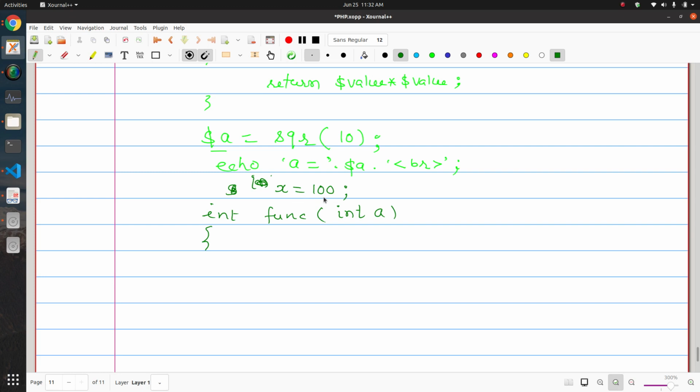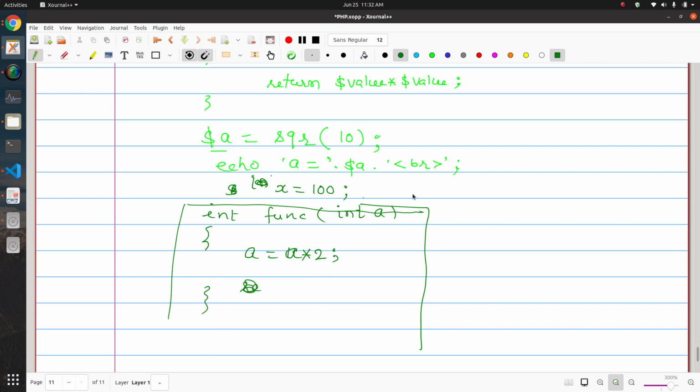X is some variable, integer variable, and its value is 100. And now I want to pass this value. So this is the function that I'm going to define. Okay, sorry, थोड़ा सा overwrite हो गया. And what I'm going to do, I'm just changing this value a equal to a into 2. So I am just multiplying that value by 2, and just going out from this source code.